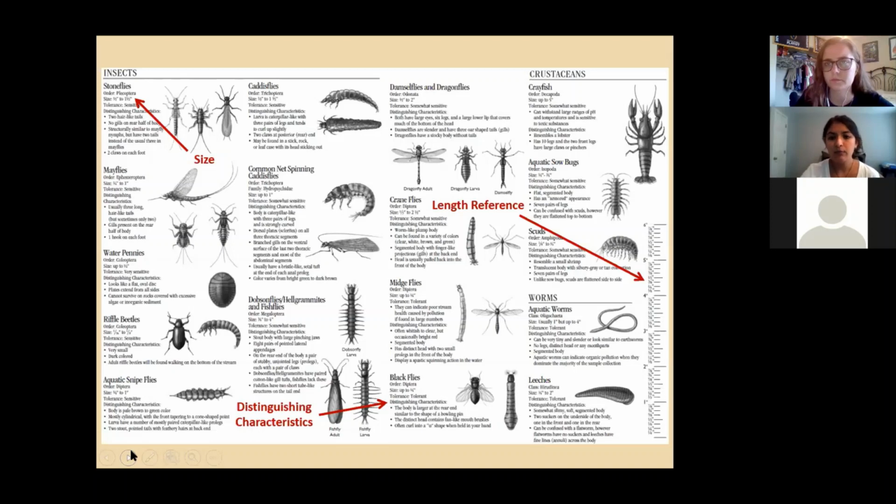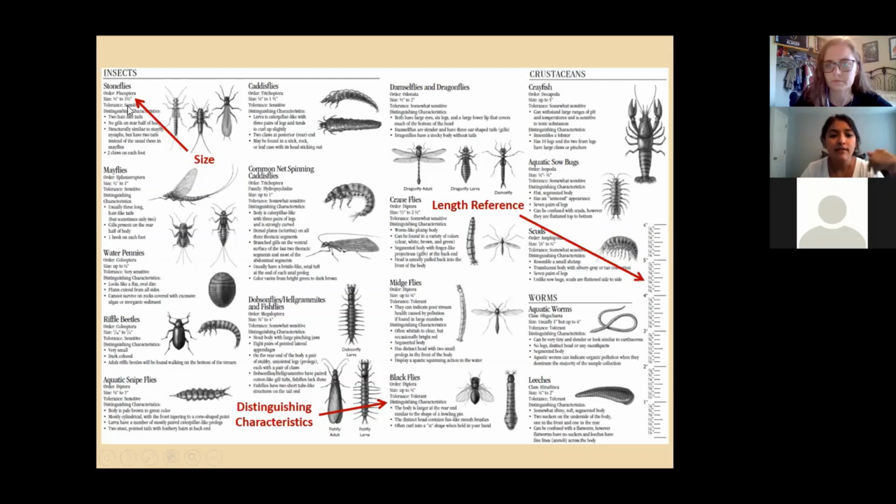There's a really helpful ruler on the side of the field guide that can help you determine the length, because a few of these, we're collecting them when they are in their larval form, not when they're in the adult form. So they can look very similar. Here, you'll learn about the different characteristics as you go through your training, but there's different characteristics here that help determine or differentiate between each type.